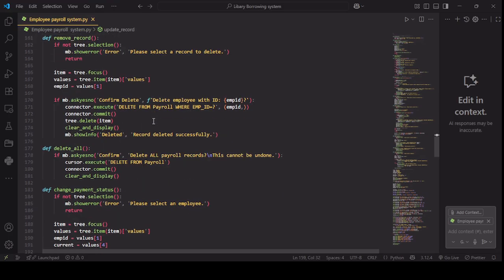Then for removing a particular record, I have given it similar to update and view record. It has error handling for selecting a record, and then it is going to focus and take all of its values, employee ID, from the selected part. Then we are going to add an if condition asking yes or no from the confirm delete, and in the f-string I have defined